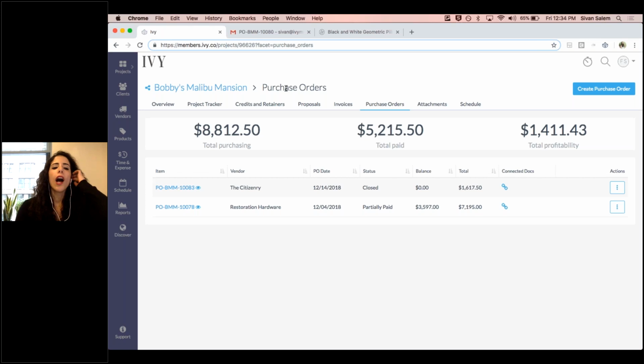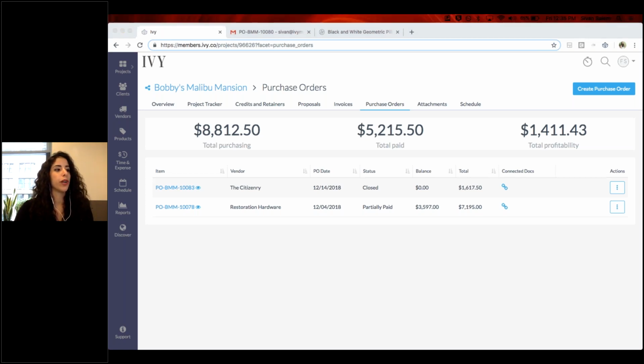Okay, so what I want to do now, we have our purchase order list over here. Again, this is where we'll see everything pertaining to the project specifically. We've edited the item, we see what's client facing, we see what's vendor facing, and this allows us to really work from